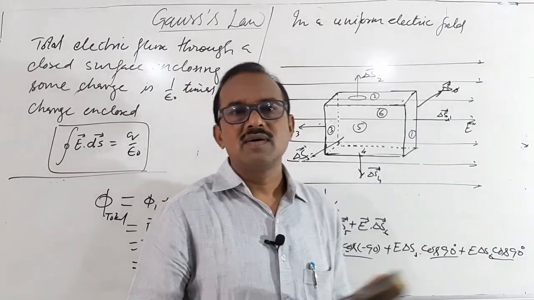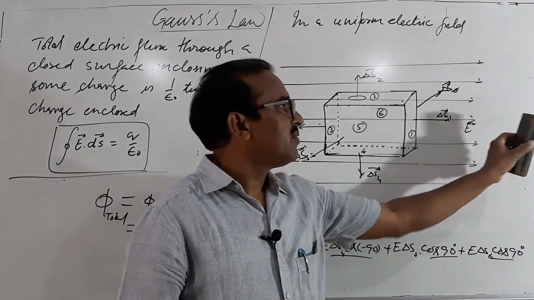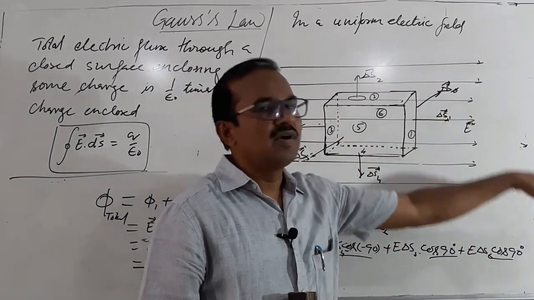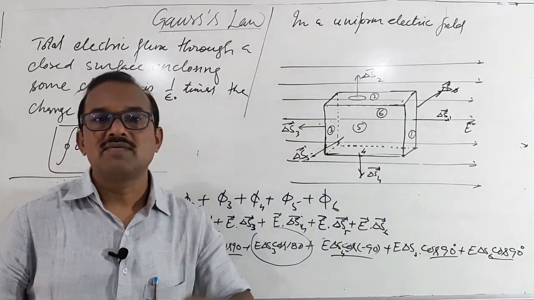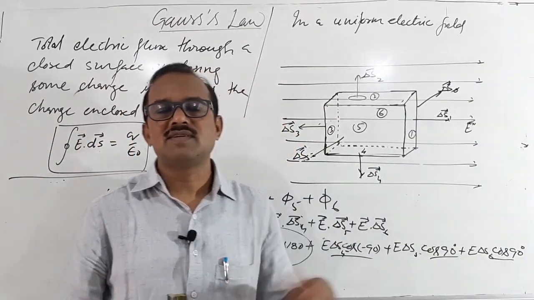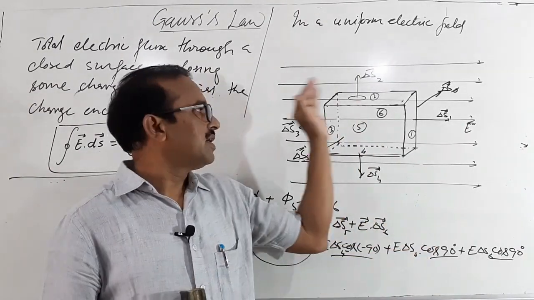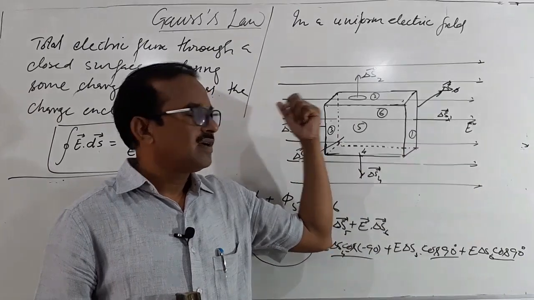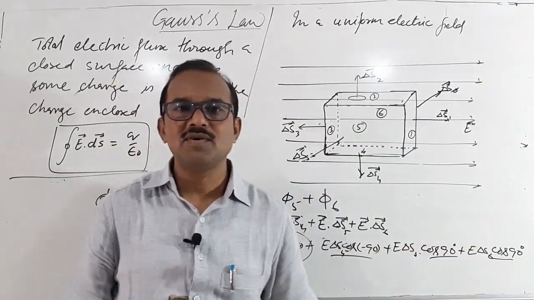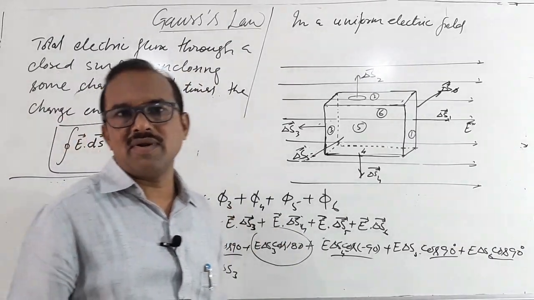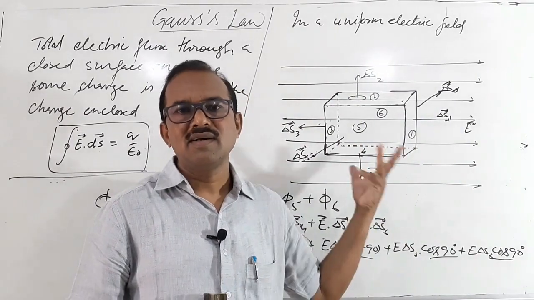It means the total number of lines coming in and the total number of lines going out are equal, so the total flux is 0. Definitely there is no charge inside the box, because the total flux is 0. Flux entering the surface is negative, flux leaving the surface is positive, and the total flux is 0. The way we calculate flux is through all faces, and then we sum.